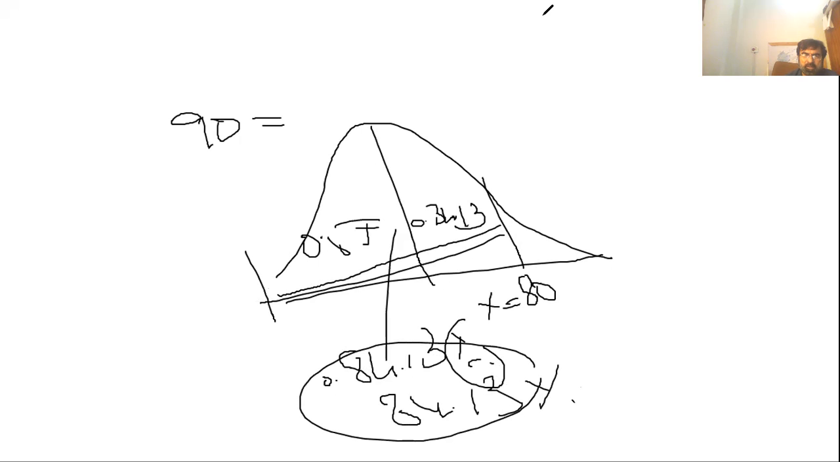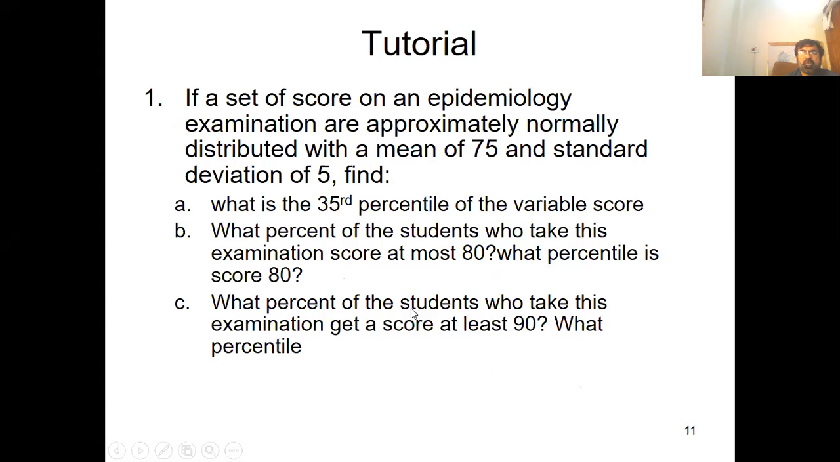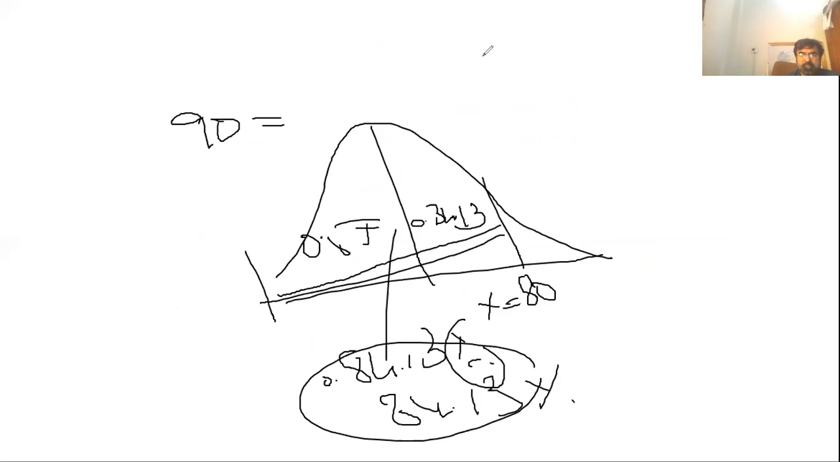And now the last one is, what percent of the students who take this examination get a score of at least 90? At least 90 means 90 and above marks. So now let's do it. X is equal to 90, mu is equal to 75, standard deviation equal to